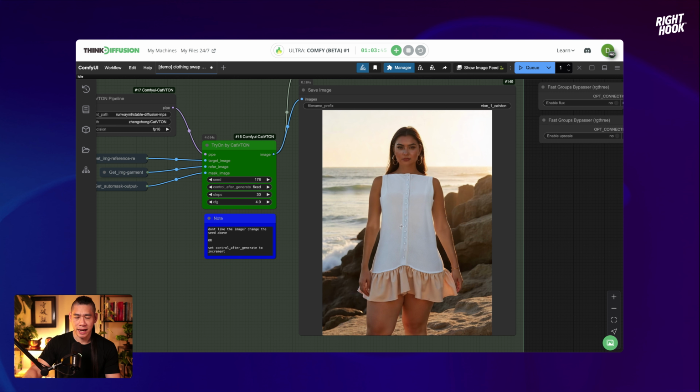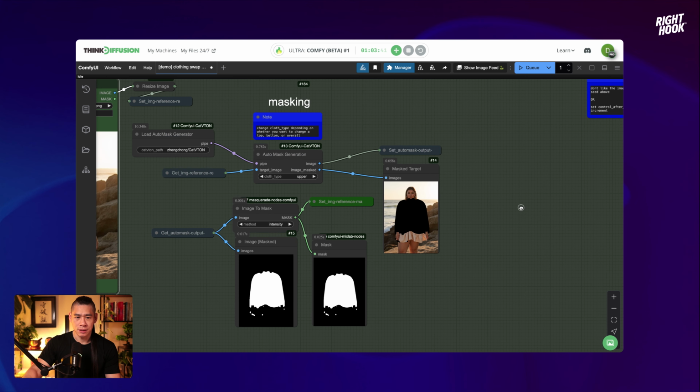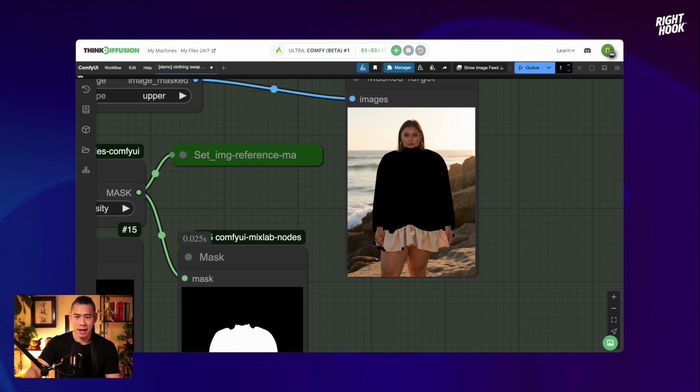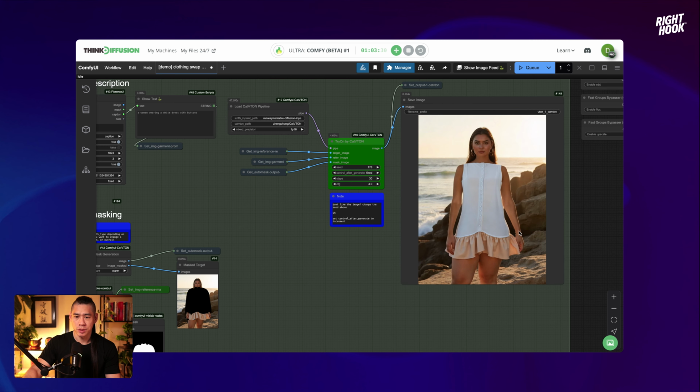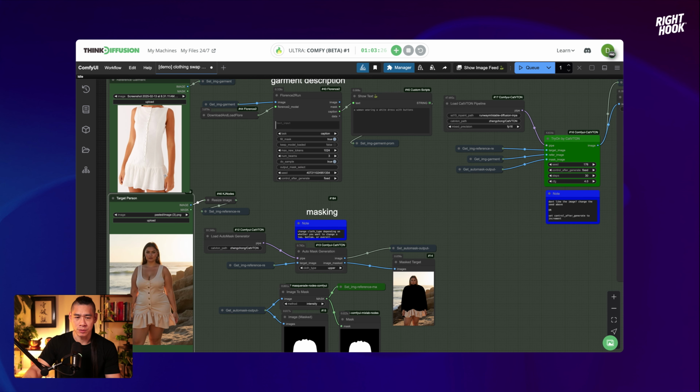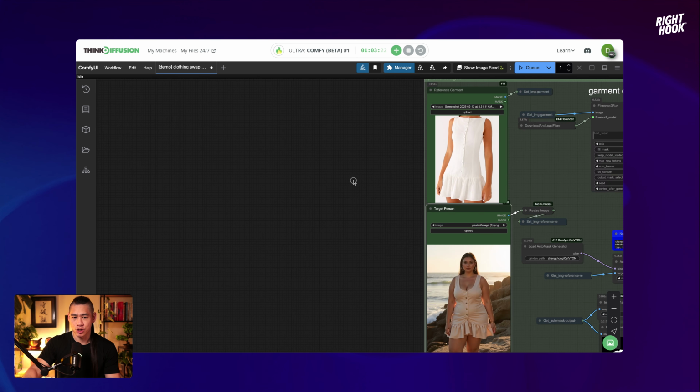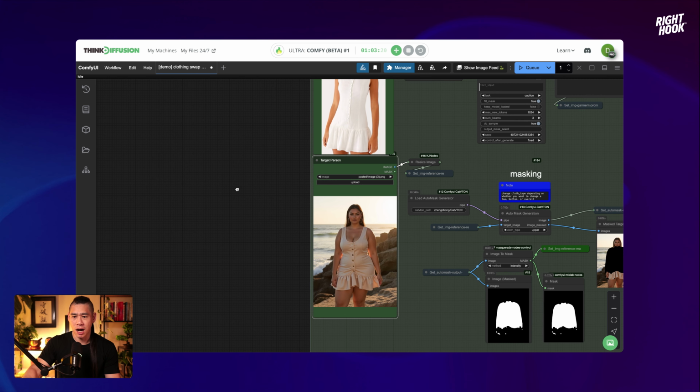Because the auto masker was only able to detect and mask out the top because we told it so, it didn't change the bottom. So you can see it looks like this weird outfit, this weird dress, even though it's meant to look like this. So I'm going to take this opportunity to show you